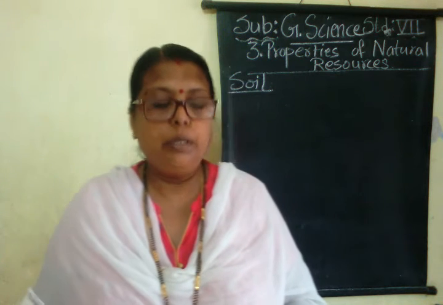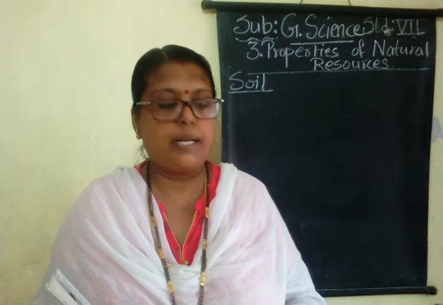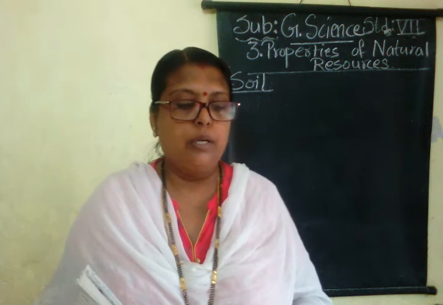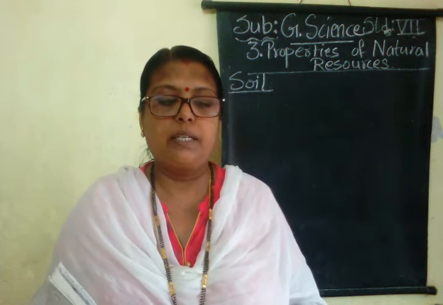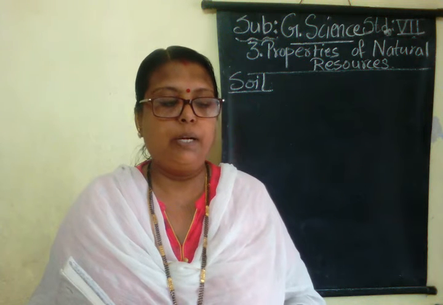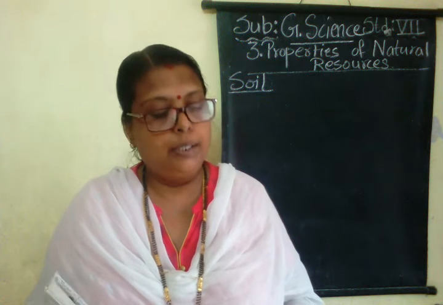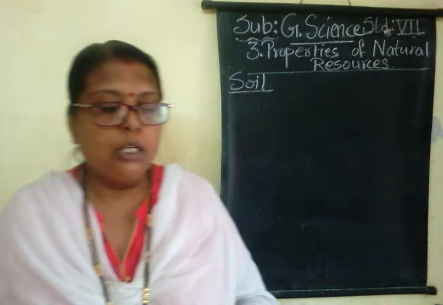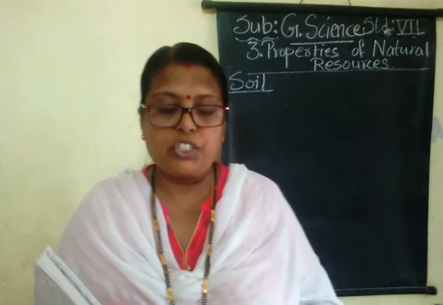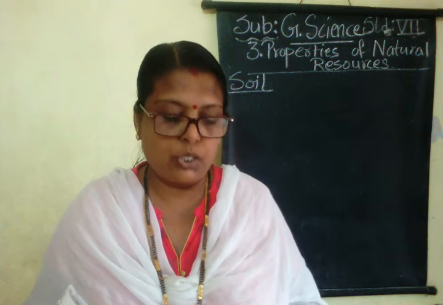Color is an important property of soil. The soil gets its color as a result of several processes. The color of soil near the land surface is darker than the color of lower layers. Soil may be of different colors such as black, red, copper, yellow, grey. The color of the soil depends upon its texture and its organic ingredients as well as chemical changes.